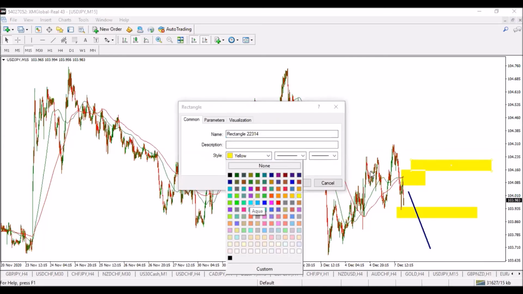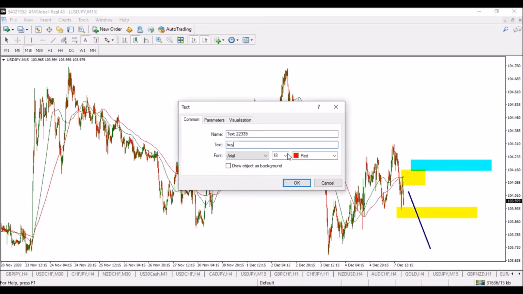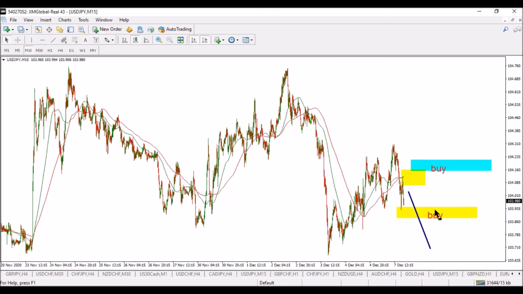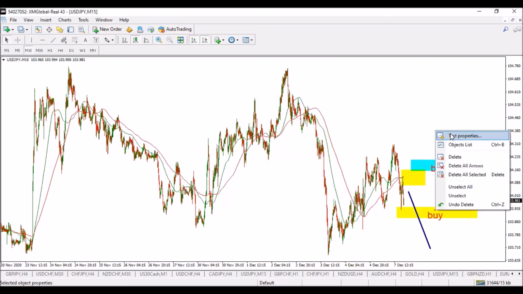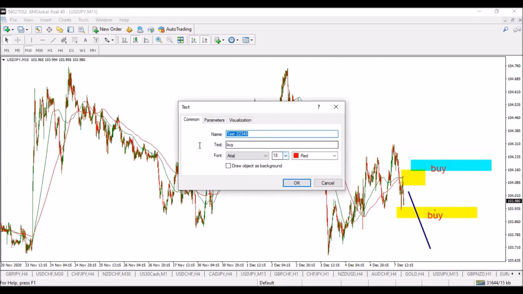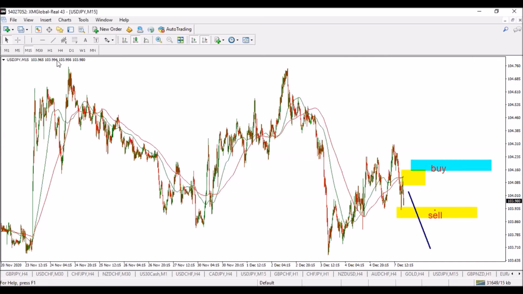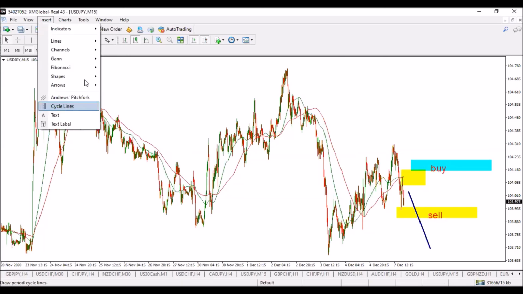Okay. So I'll just put it here, buy at this point, and here you sell. So you wait to get to this point and you sell, all the way to here.